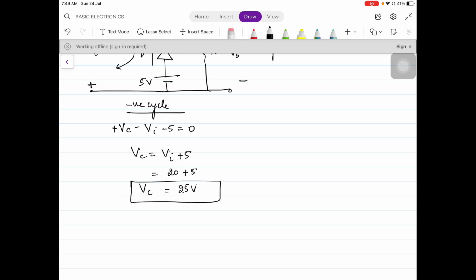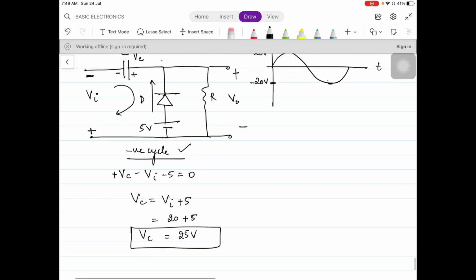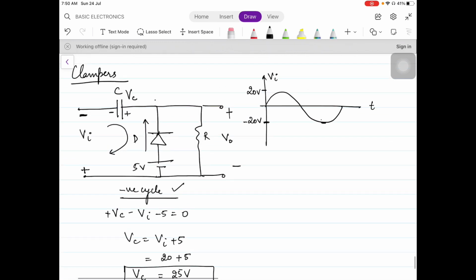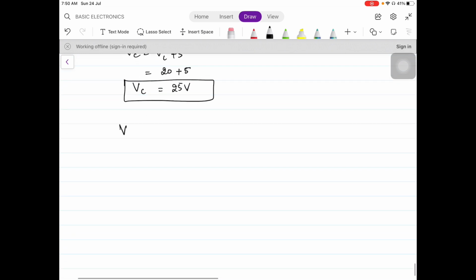अब now third step is to calculate V naught. जब हम नेगेटिव साइकिल में चल ही रहे हैं तो साथ साथ V naught निकालते चलेंगे। डायोड हमने फॉरवर्ड कर रखी है, यानी शॉर्ट सर्किट है, लेकिन इस ब्रांच में अब बैटरी बची है +5 वोल्ट की, तो जो ब्रांच का वोल्टेज है वही R का है और वही V naught है, क्योंकि आप देख सकते हैं तीनों पैरेलल में हैं। तो V naught is equal to +5 वोल्ट। तो नेगेटिव साइकिल के थ्रू हमारे दो काम हुए, VC भी निकल गया और V naught भी।